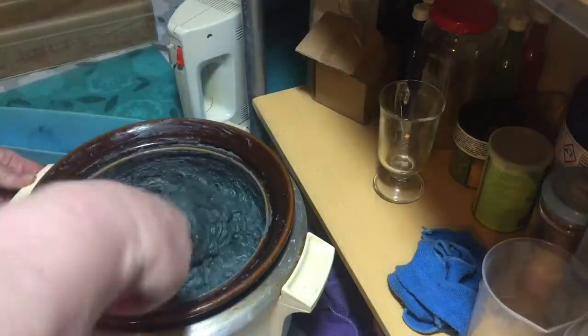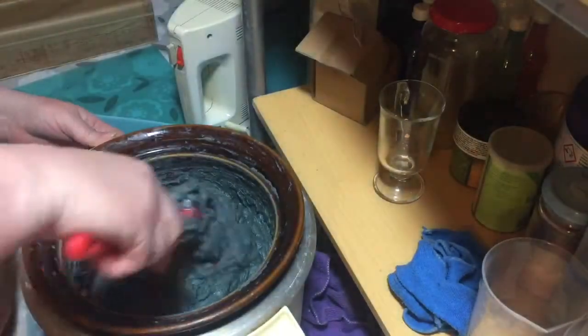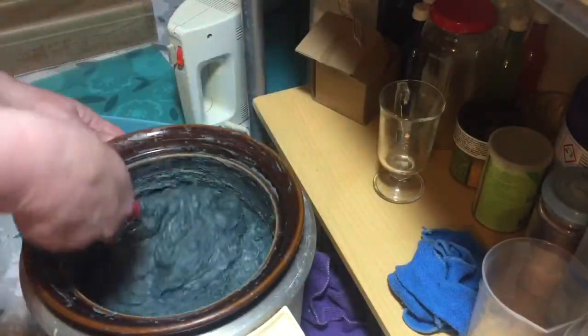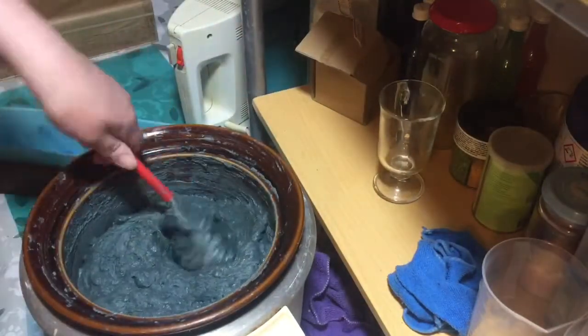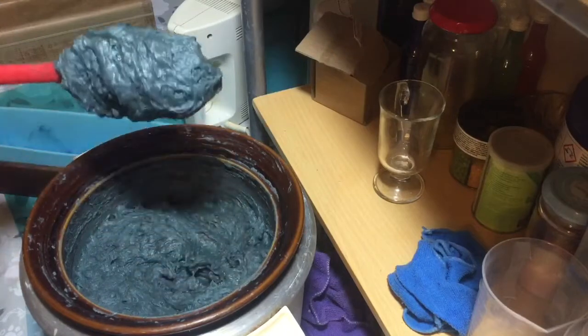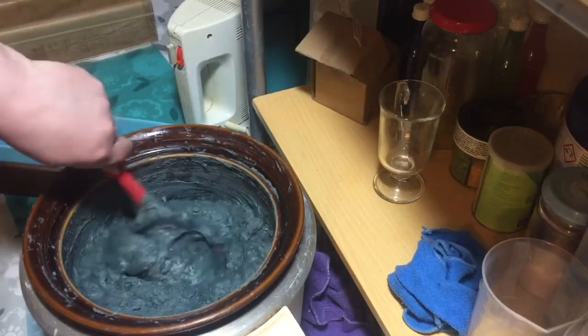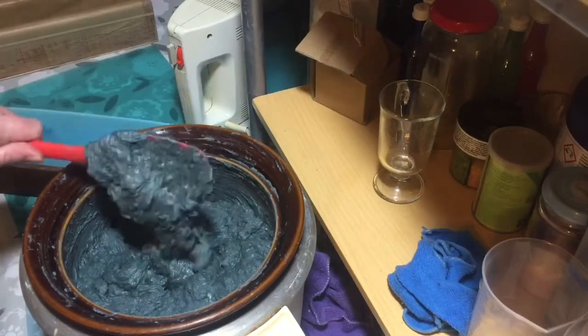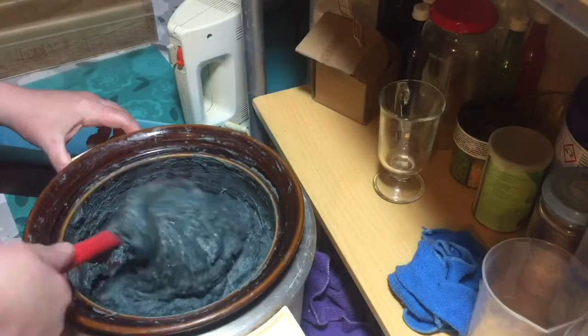I think that is well mixed and lovely. I mean, look at that. That is beautiful. Look, it's all glossy and shiny and lovely. Still clumpy. I can see some little bits that I would like to take out, but...